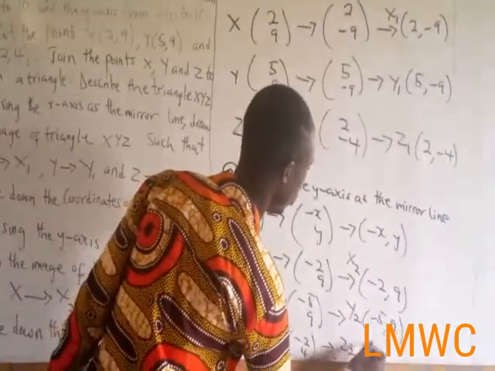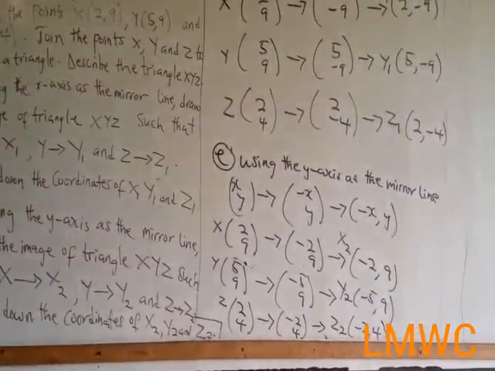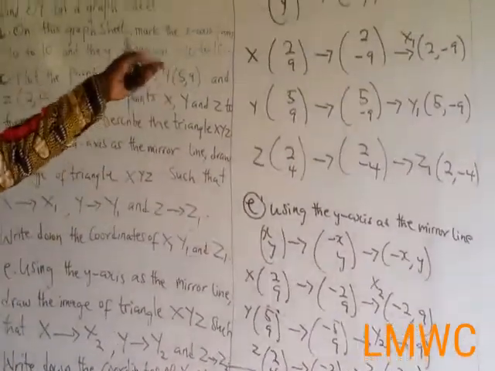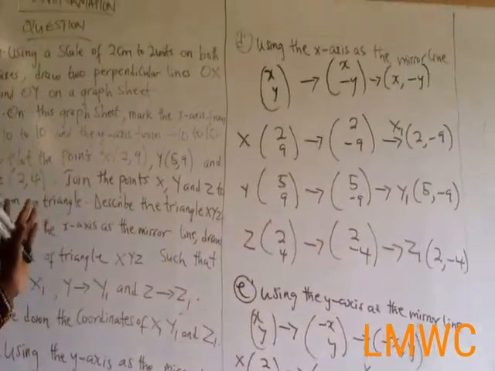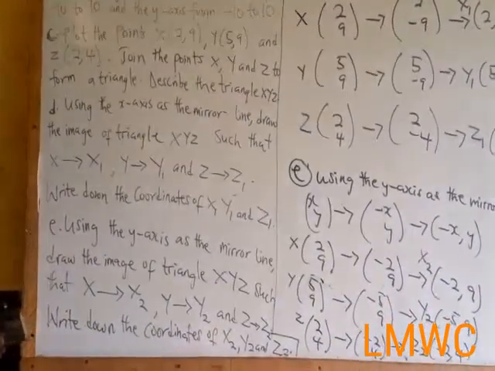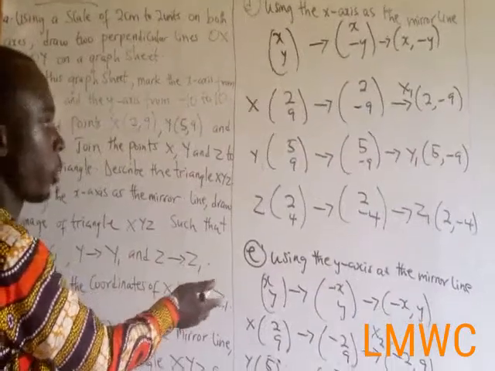So Z2, we have (negative 2, 4). So always, whenever you are given a transformation question, you must work out your calculations first. Try and work out the formulas. After working it out, you now plot it